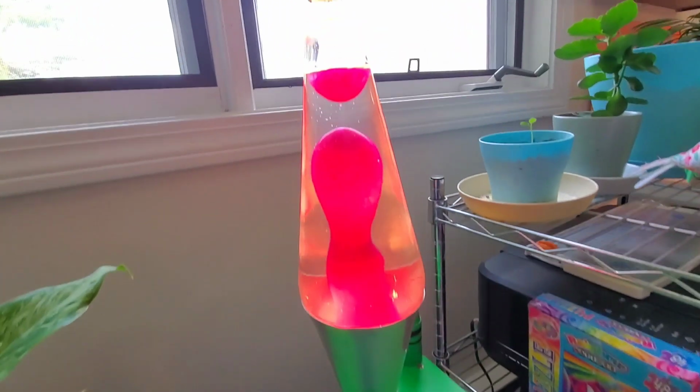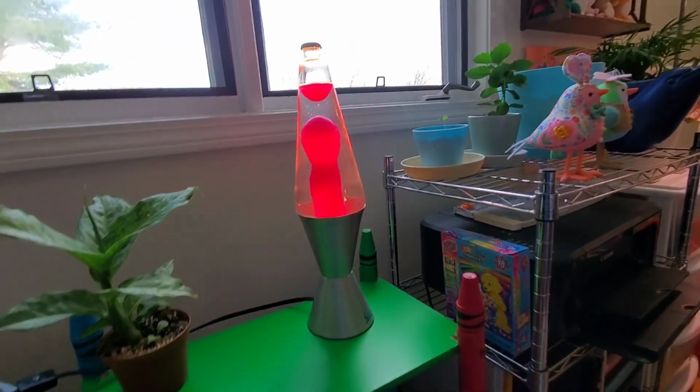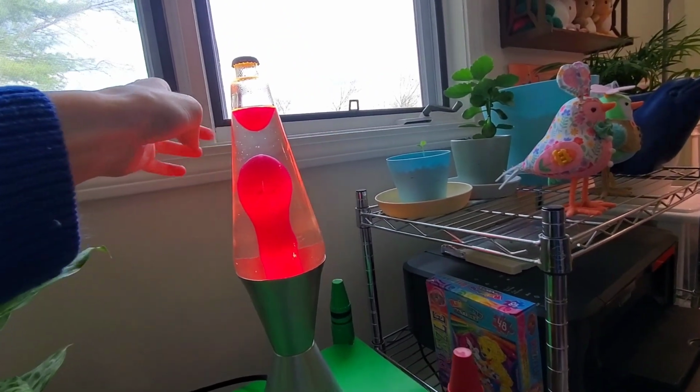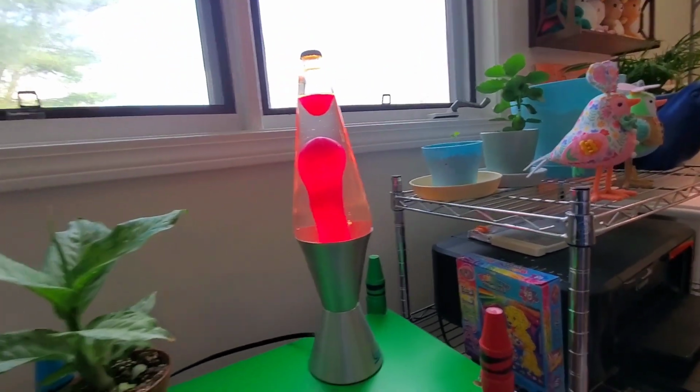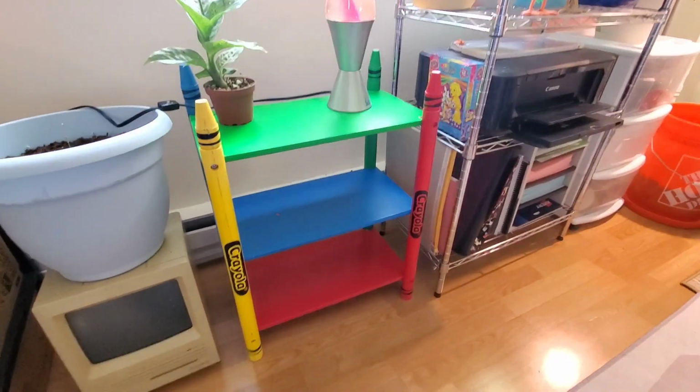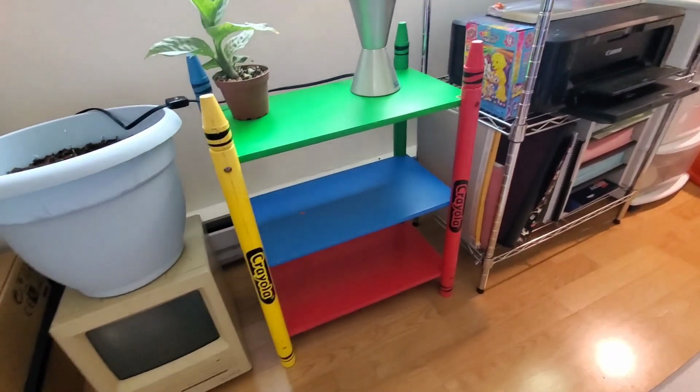But it's no longer like a ball. Like, it's definitely getting there. I'm gonna have to put something on the top, but I'm not sure what I can put up there because it gets very hot, obviously. So any suggestions for that, let me know. That's super fun. And then this shelf, which, can you...